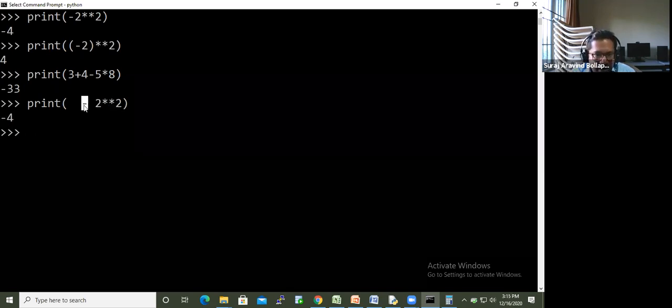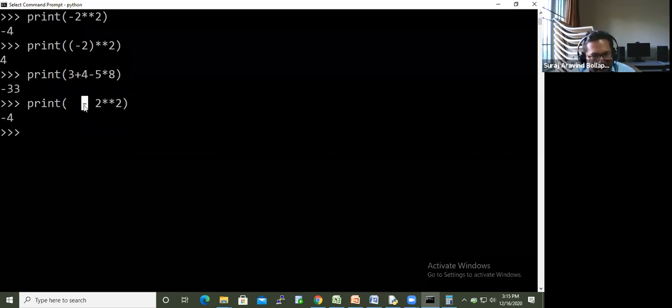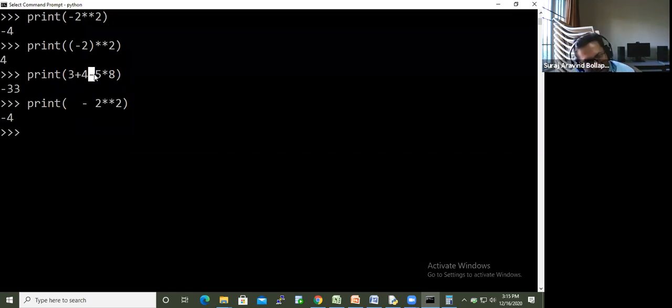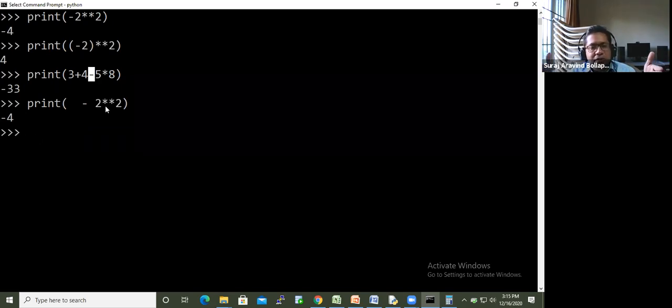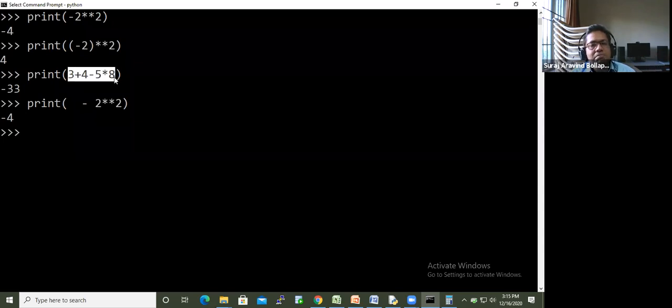Here minus is a unary operator, a sign; in the other case minus is a binary operator. When you are given multiple operations in one expression, the precedence of the operator comes into picture.